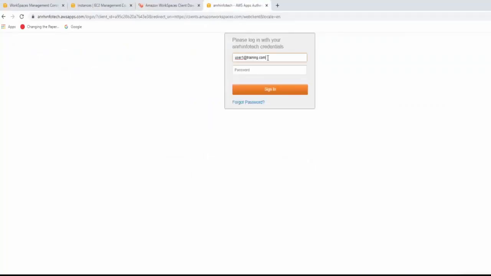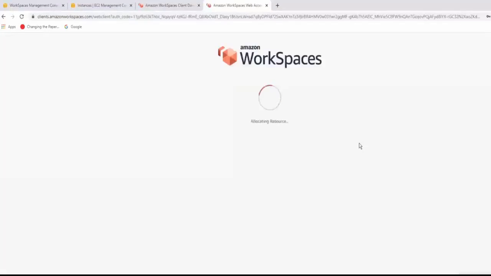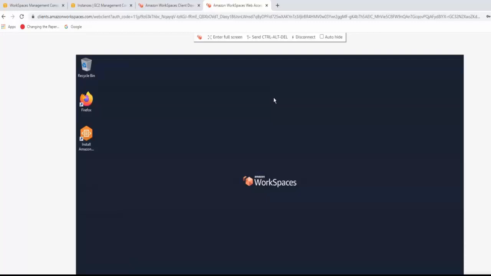So that was user1 at, or you can just type user1, sign in. So login is successful. Just click on continue.